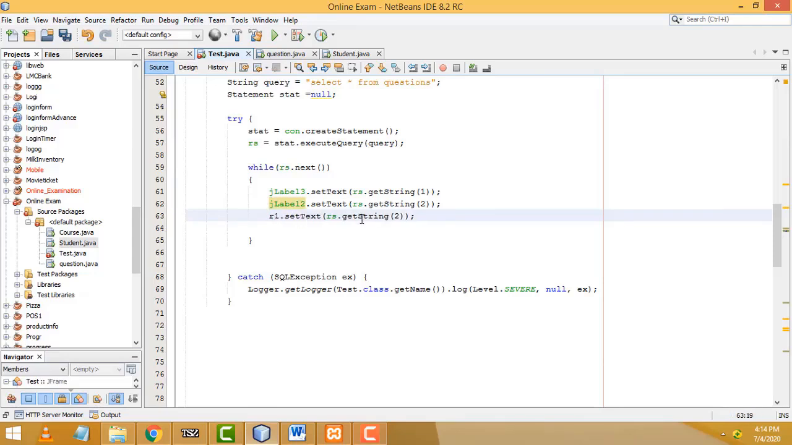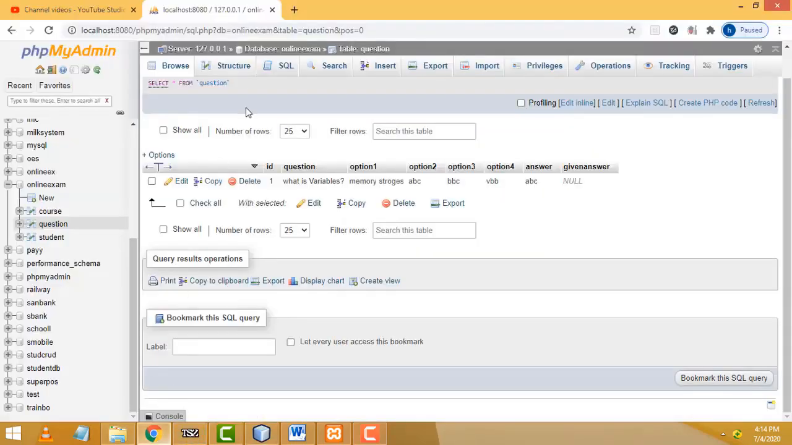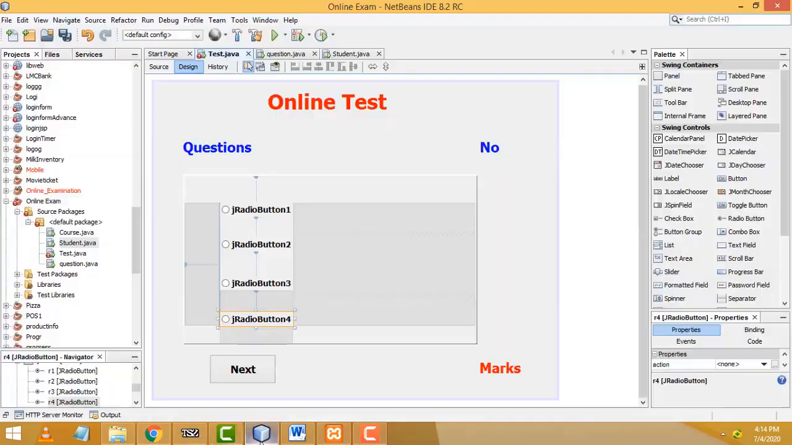This one should be R1 radio button, right? R1 dot set text rs. Right, the same thing. This one should be the 3. 3 means option 1, right? We have to fill all of these ones. So here,